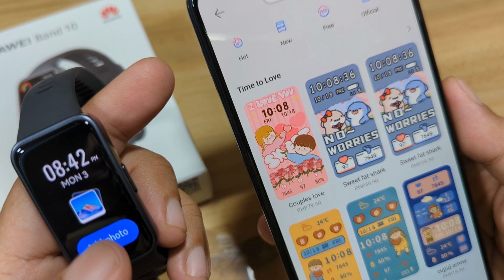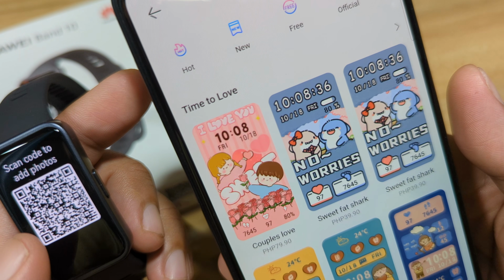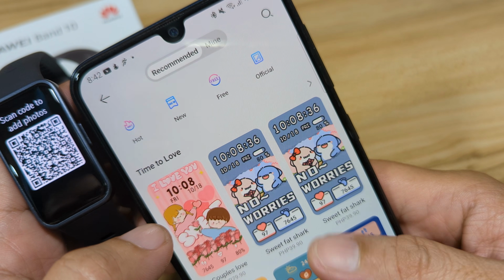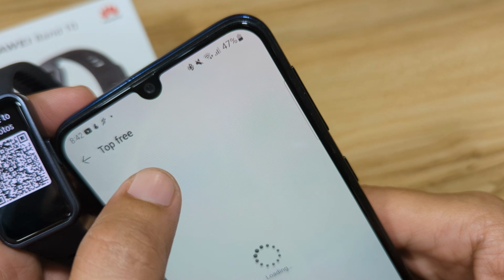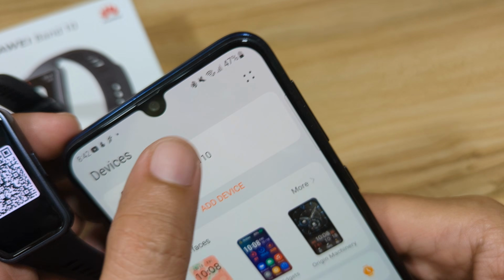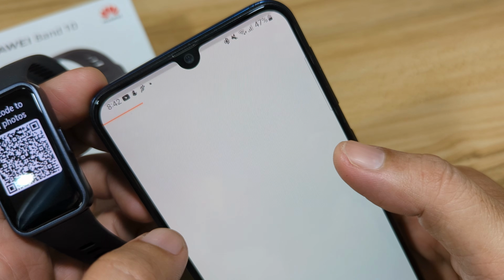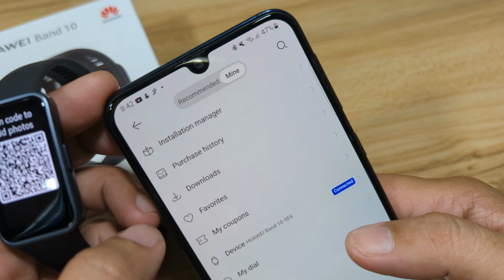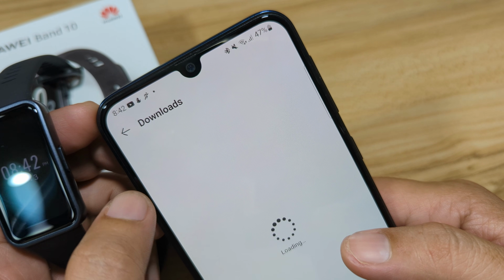Add photo. Scan code to add photo. So let's scan this one. I don't know if there's a section for a custom watch face here. Let's go to the more section. Mine. So we have downloads here.